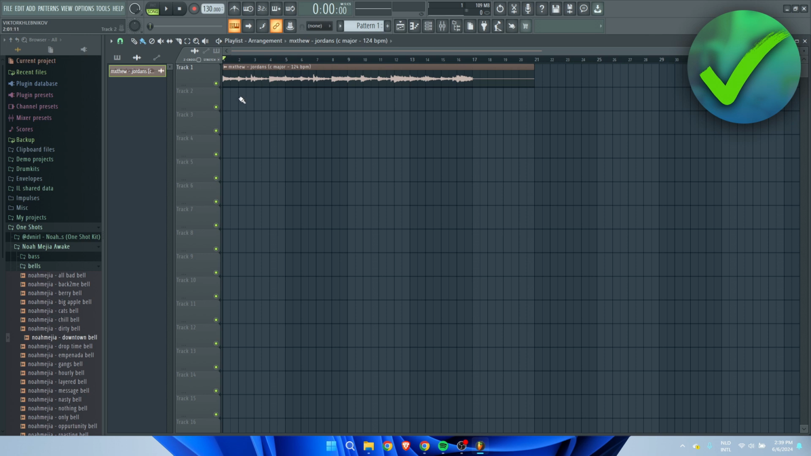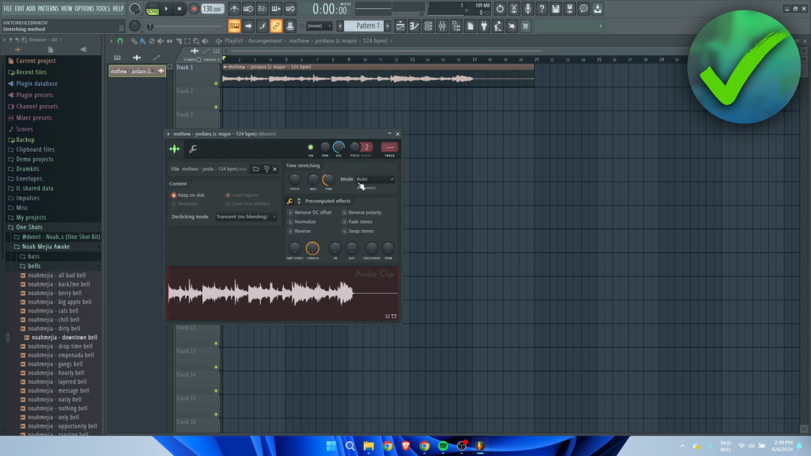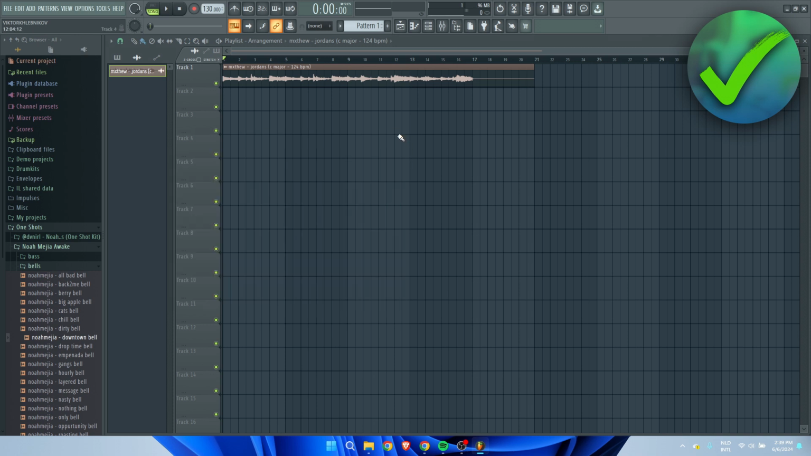And now what we can do is, first of all, if you double click on this, make sure that the mode is set on stretch. And now what we can do is simply change the BPM. Now, if I put it really high, you can see that this doesn't change anything. And now if I play this,